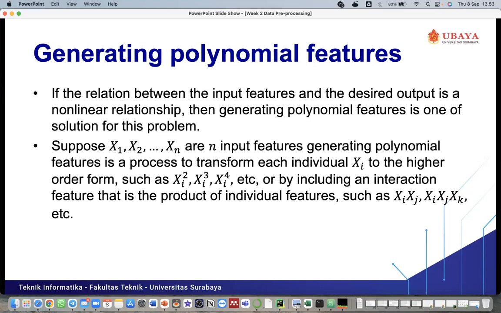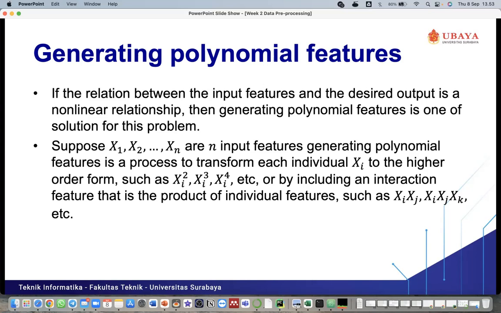Actually, in machine learning, we cannot solve the nonlinear problem. Nonlinear problem means we cannot use the simple equation or simple regression equation. So it will not be enough for a machine learning algorithm to predict the desired output. But if we use a deep learning algorithm, we don't need to generate polynomial features.